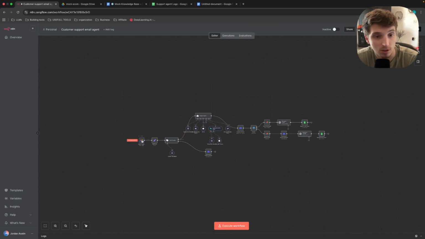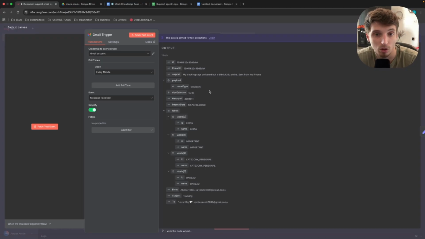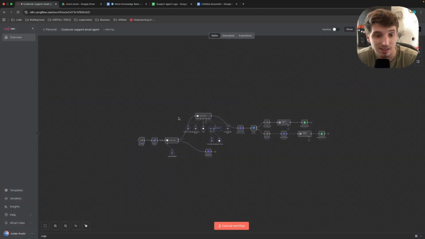So the situation that's going to happen is we have received an email to our support email. A customer has said my tracking says delivered, but it didn't arrive. So what we're going to do is this system is going to classify whether that email was customer support or other. And then if it is classified as customer support, our support agent is then going to access the company